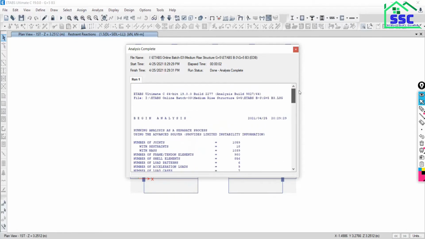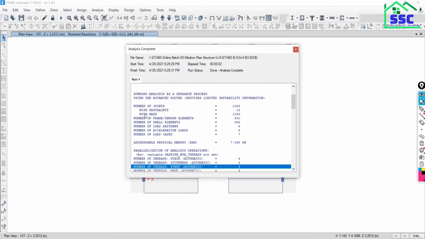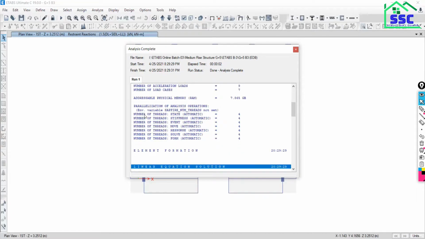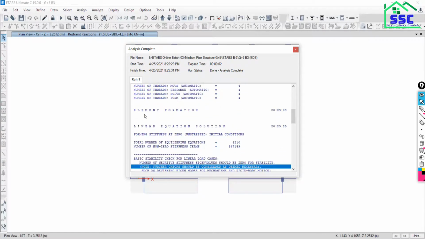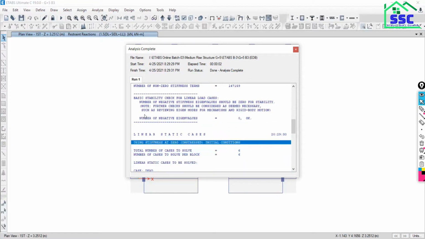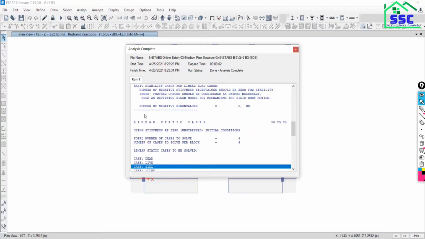Just take the bar on the top and move from top to bottom and find whether there is any error. Let me know if you catch a warning or error type of intimation like this, as linear static case. In this format you will get the warning message.